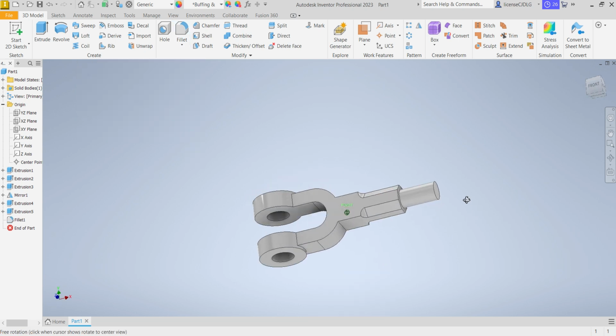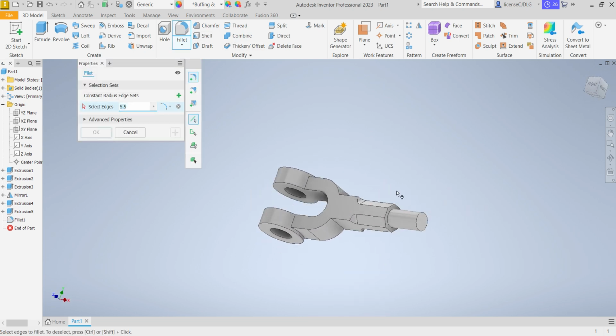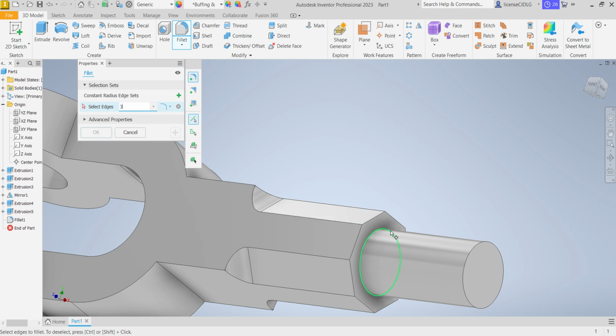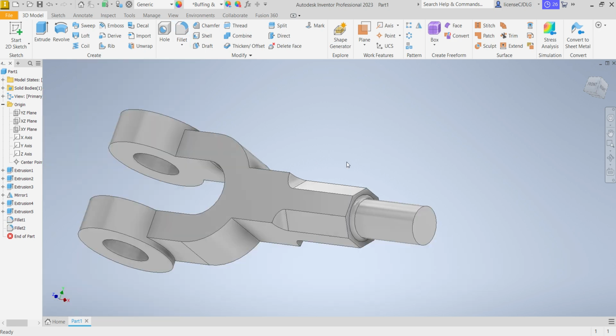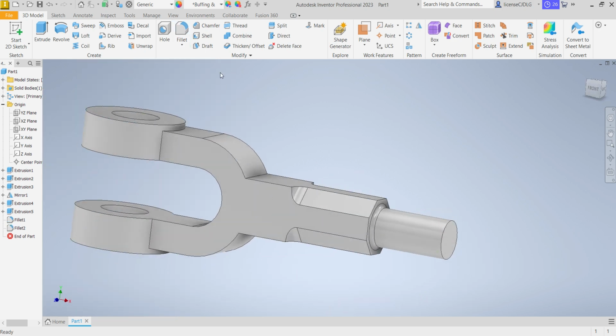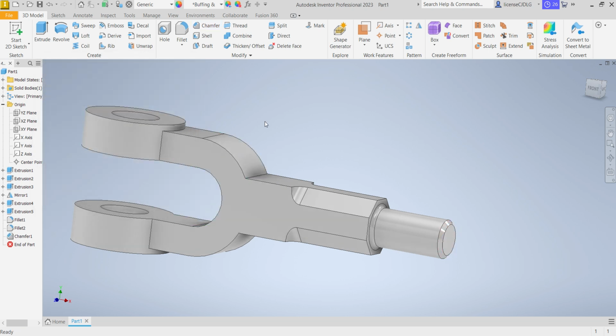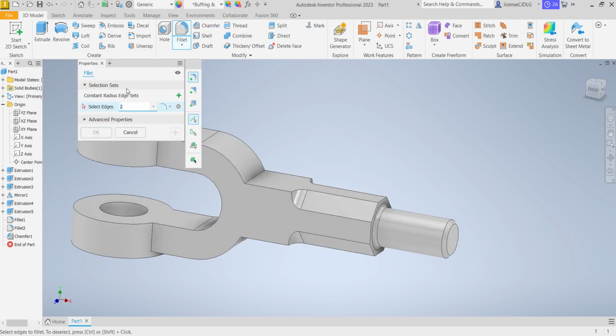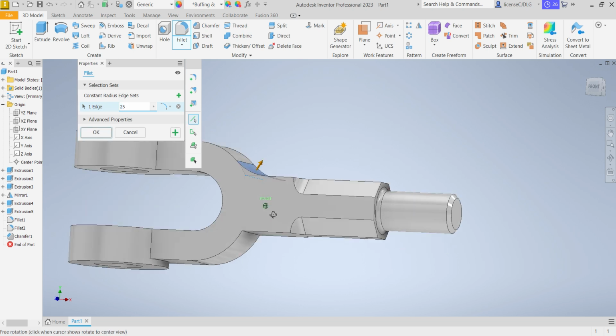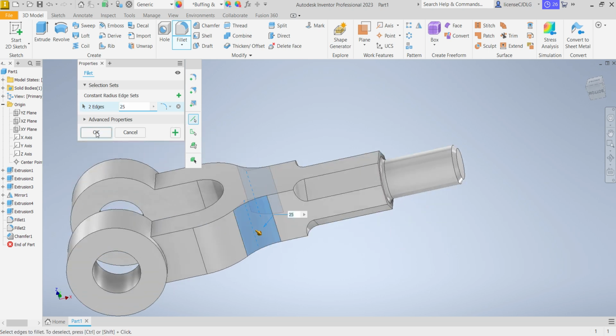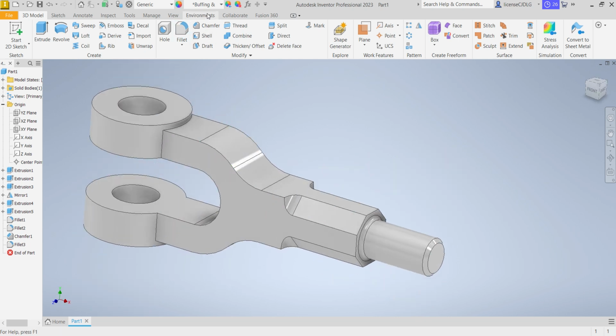Okay, next again select fillet, give 2 mm, select this. If you want, you can give chamfer here, 2 mm, apply. Select the fillet, 25 mm, select these two edges. Okay, again select fillet,